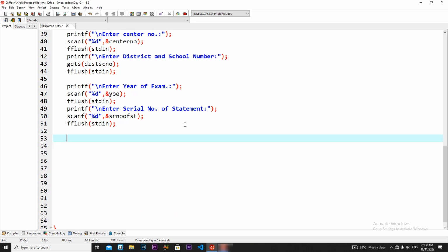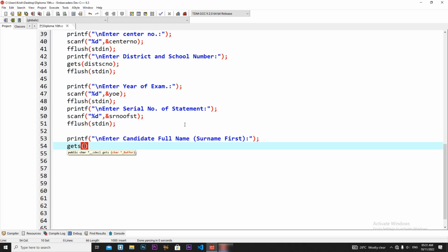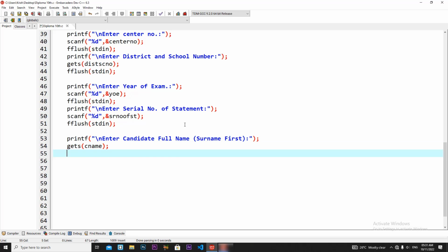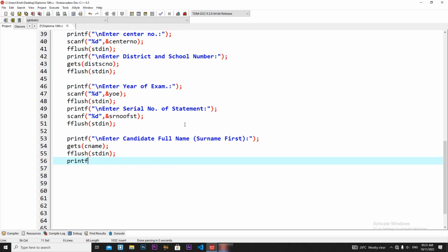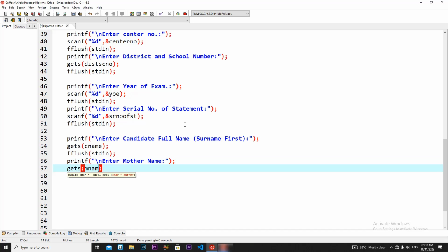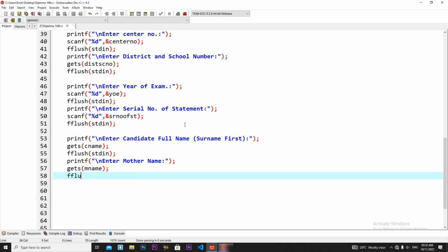Now we are going to receive candidate's name and candidate's mother name. printf("\n enter candidate full name (surname first)"); gets(cname); fflush(stdin); printf("\n enter mother name"); gets(mother name); fflush(stdin);